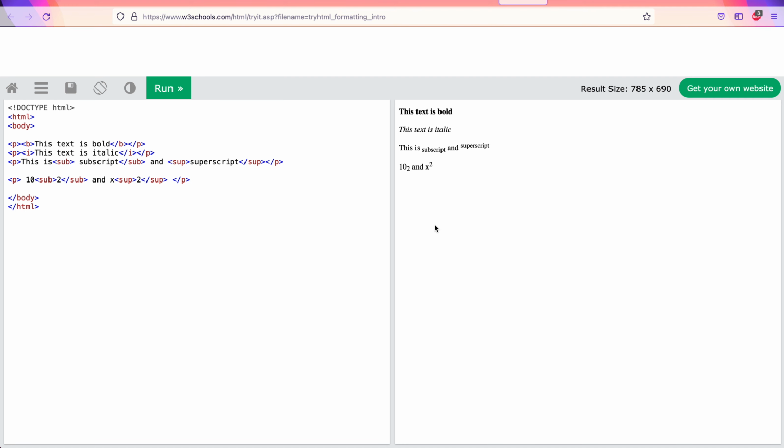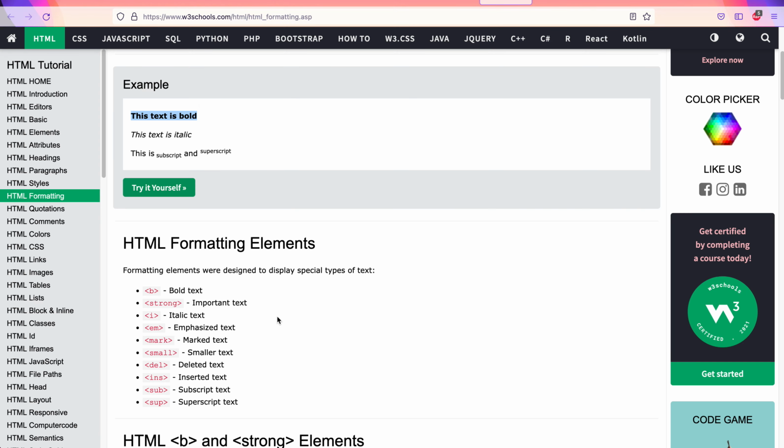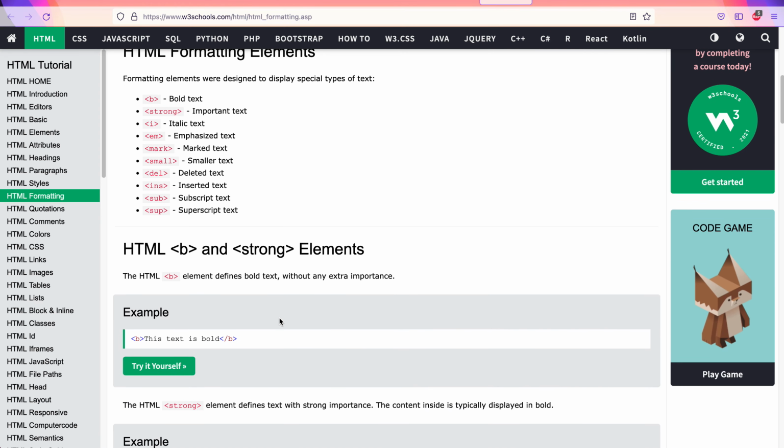Anybody who looks at this reads it as x square. But we did not really write x square in our HTML. Rather, we just used the subscript tag and the superscript tag to get the desired effect the way that we want it. These are some of the important text formatting tags that are available in HTML. We went through how to make a text bold, how to make some text italics, and how to use the superscript and subscript. There are some other tags also.